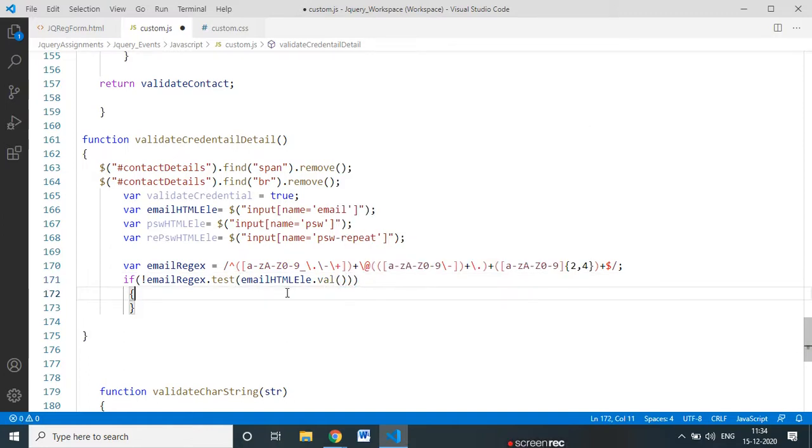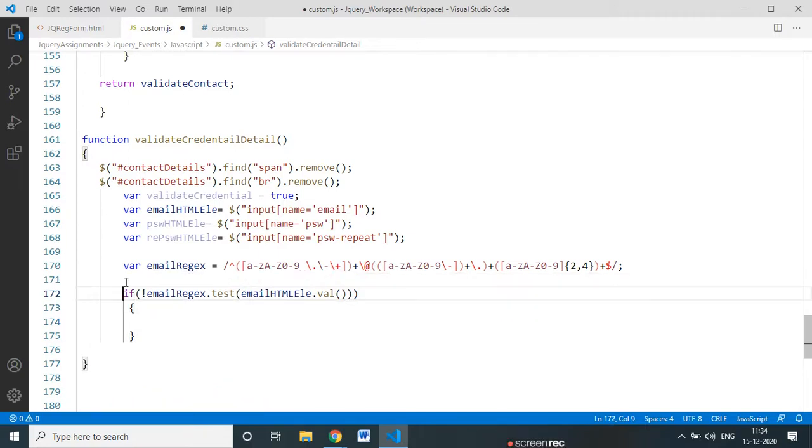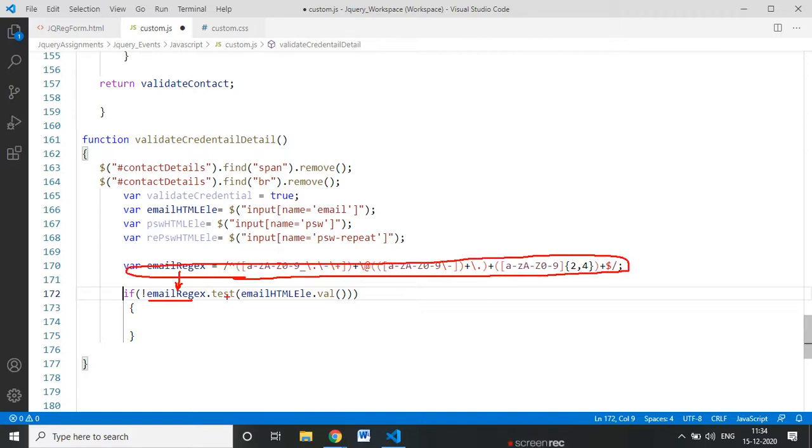Okay, so I'll say while. If I enter the wrong value, now you know that this is a regular expression. It checks the email validation test, and we match it with the value. What value will I enter in that particular email field? And how do we capture that email field? In this variable, email, we capture the HTML element, and I'm saying dot value, whatever value I enter in that.